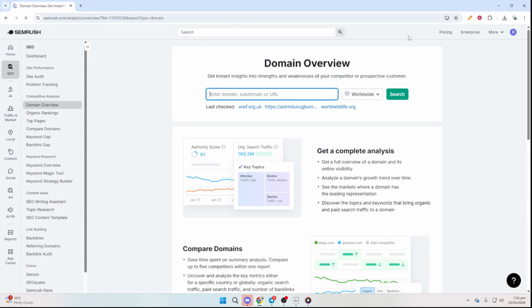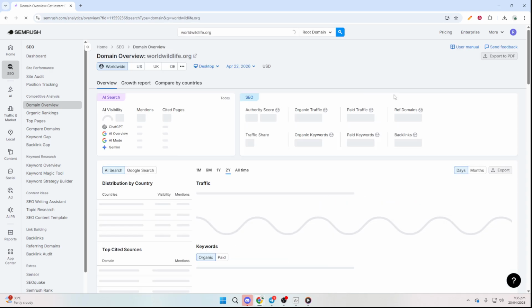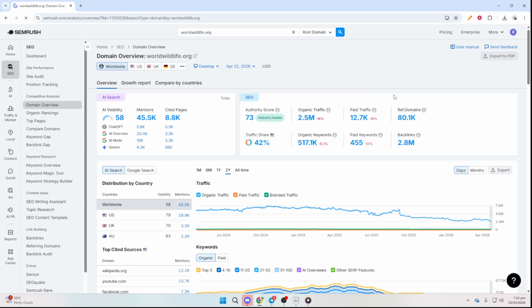Overview. This is your home base for understanding how a website performs and, importantly, who it's up against in search results. On the Domain Overview page, you'll see a search bar. Type in your domain, just the root version without extra paths, and then click Search. Using the root domain gives you the broadest picture of your organic landscape. If you manage a specific subdomain, you can enter that too, but keep in mind it will narrow the results